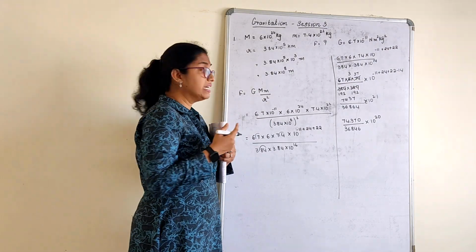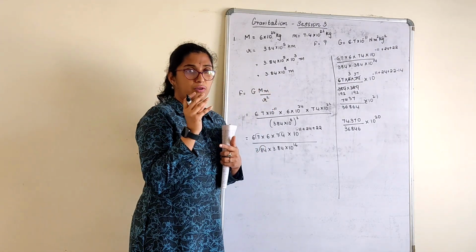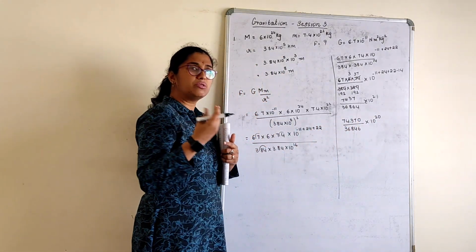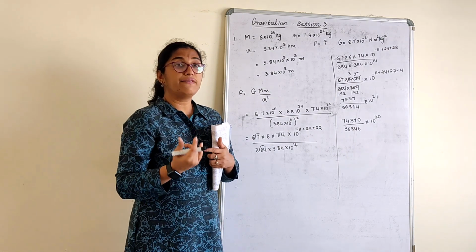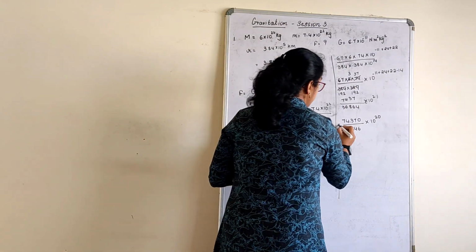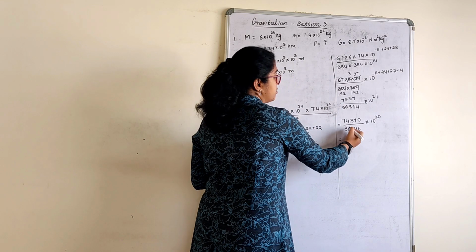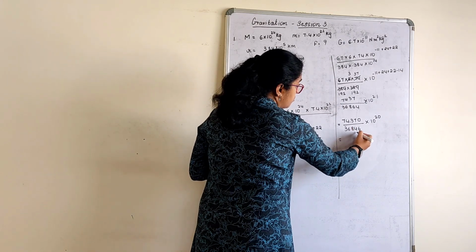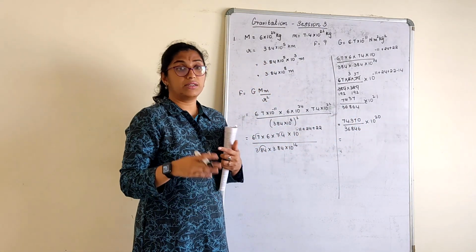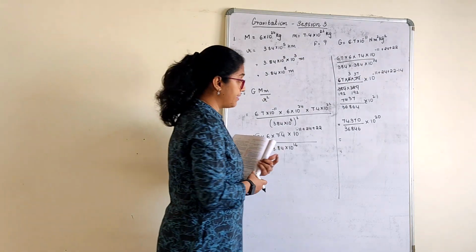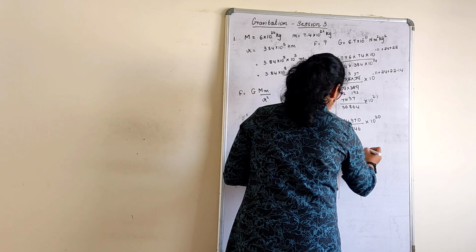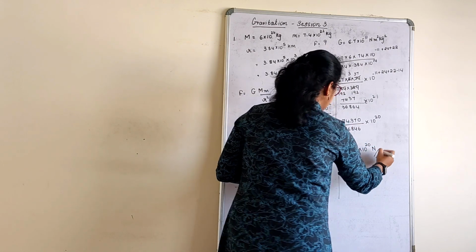Further, you can still divide it. Try bringing it to the simplest form as much as possible, okay? Then how to simplify: 2 ones are 2, 2 twos are. Bring it to the simplest fraction possible. Then whatever is in the denominator, children, write the tables and then start dividing. For example, 2 ones are 2, 2 eights are 16, 2 fours are, 2 twos are, 2 threes are. Then again, whatever number comes, write the tables of that number. Division I have already told you, how to divide bigger numbers. I will just give you the final answer, which is 2.01 into 10 raised to 20 Newton.